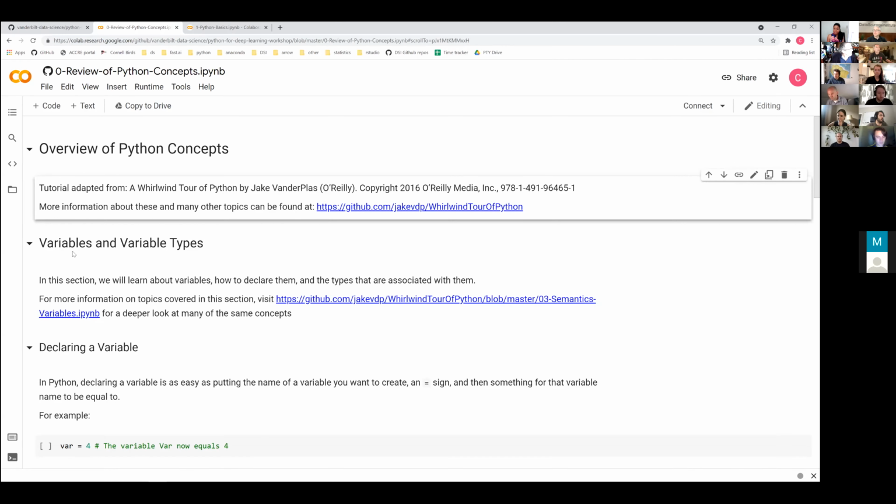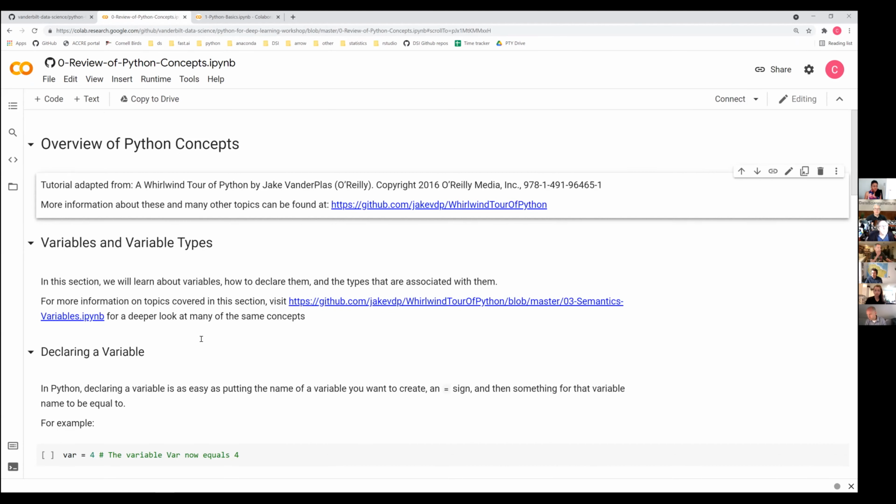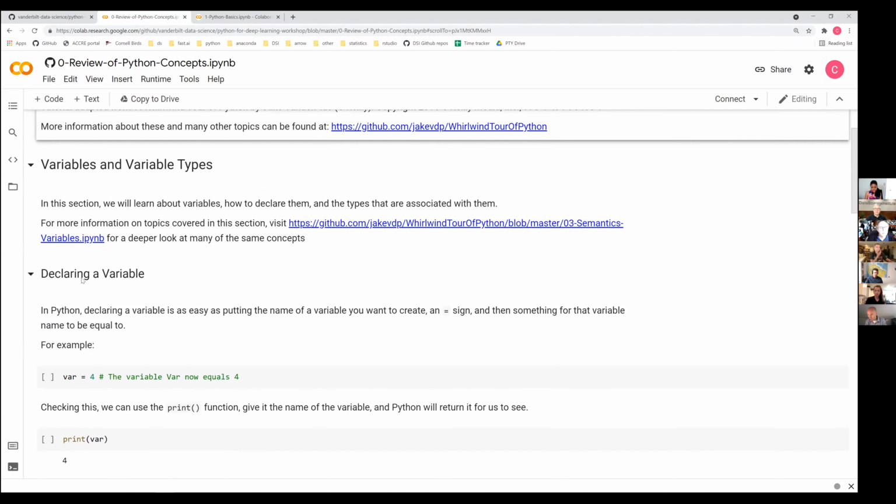Let's see, beyond that, you can read over these things a little bit, but there are some different types of cells. So for example, again, these are markdown. These are code cells, and so these are cells that will actually execute. When you execute them, they go into this backend that's called the kernel, and that's where all of your computation is kind of stored. So for example, if we want to store the number 4 into this variable called var, we can just